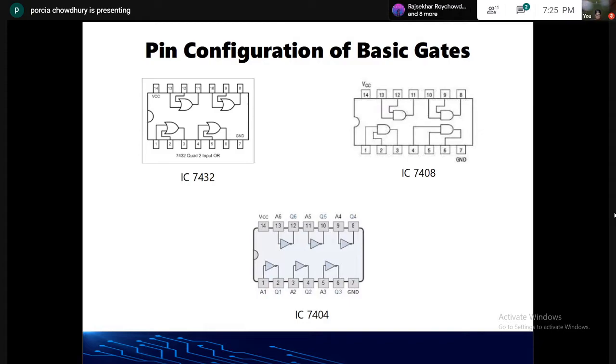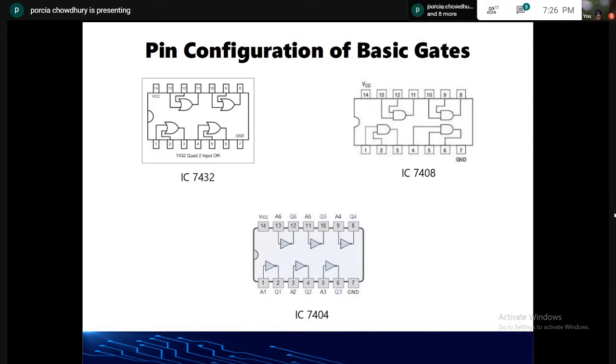Now look carefully at each chip configuration. On the left hand side you have a notch, a half circle thing. Can you see it? This half circle denotes how you have to place the chip. When you place the chip in the breadboard, you have to keep this notch always on your left hand side. That's the right position to place a chip in the breadboard, and that's why they have this notch.